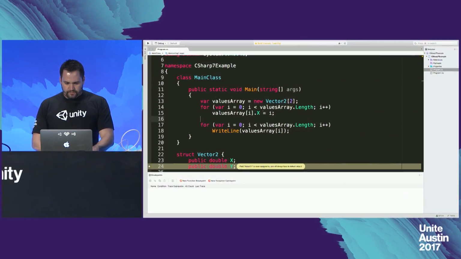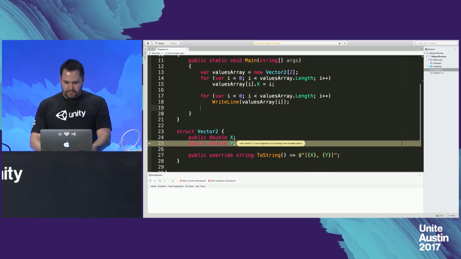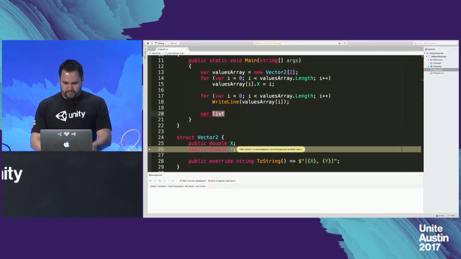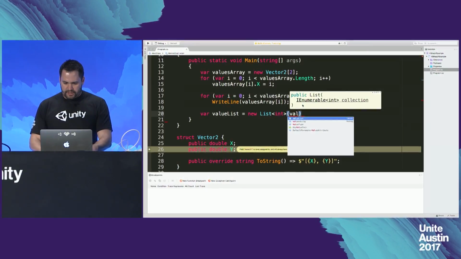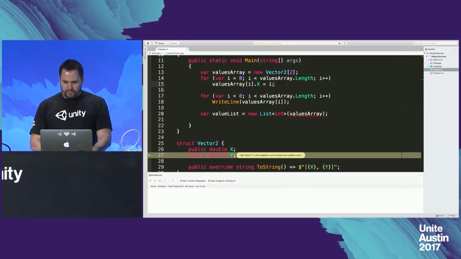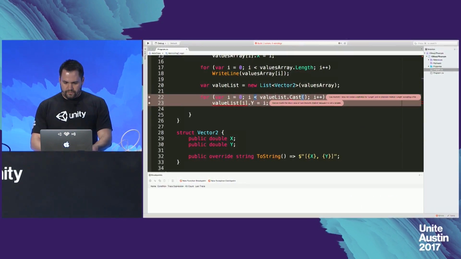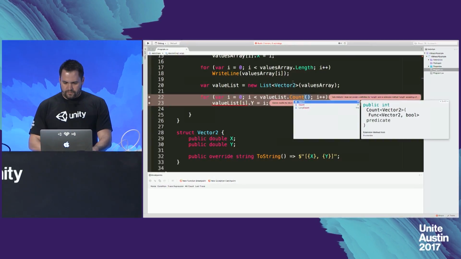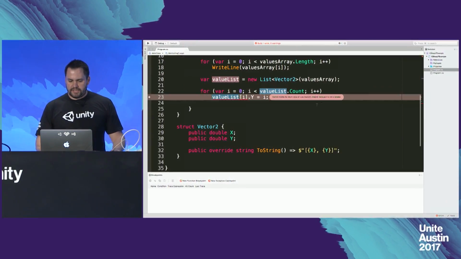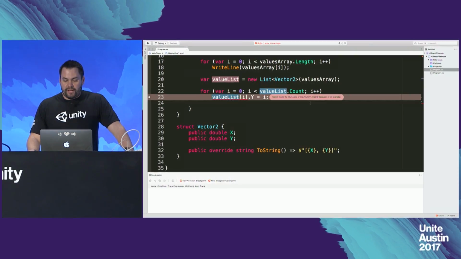All right, so now, instead of an array, let's do this in a list. We're going to create a new generic list of Vector2, and we're just going to initialize it with our values array. And I'm just going to try to do the same thing. This is a Vector2. And I'm going to iterate my value list and say I want to update the y values. And what we get is this compiler error saying, cannot modify the result value of the list because this is